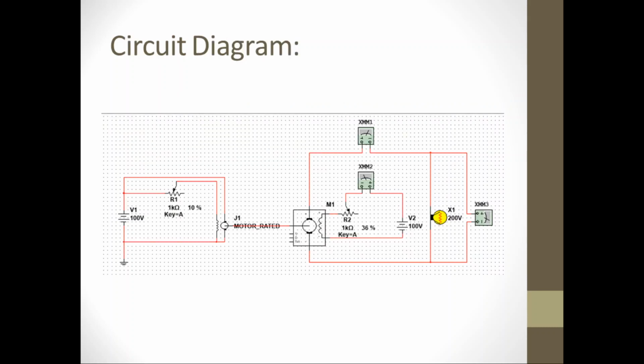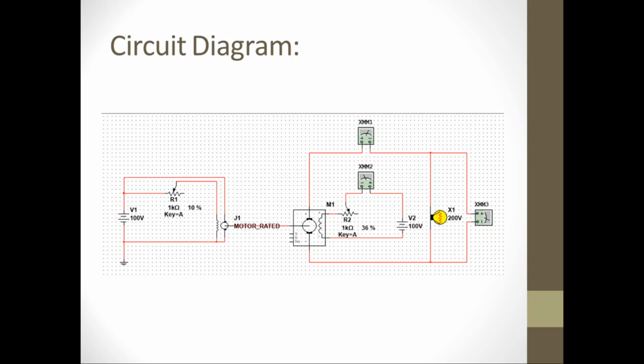So we'll be using the circuit constructed from the previous experiment. But this time we try to add a load at the terminals of the generator, and then we will try to examine the properties of the DC generator